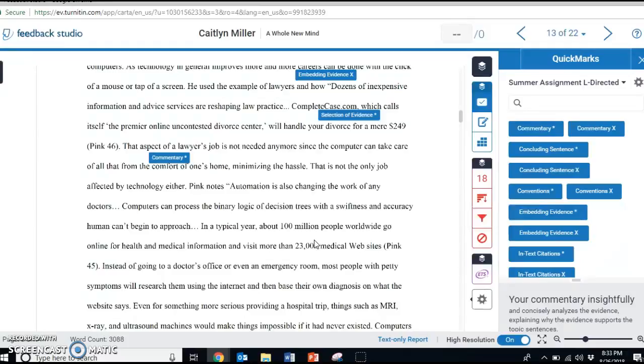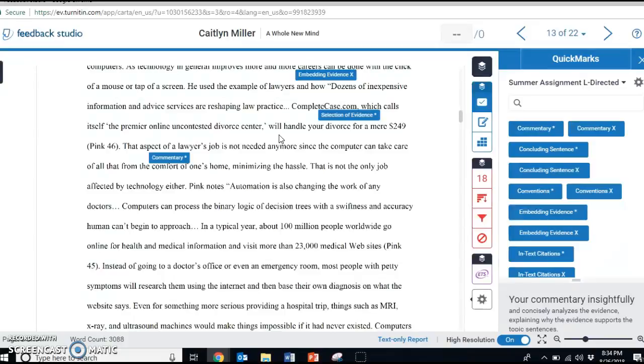You're also super close on embedding quotes, just some tiny detail mistakes. So for example, in this one, "how dozens of inexpensive information," since that quote is just flowing in with your own writing, we're not going to capitalize it, so it all looks like one complete sentence. And then down here, "pink notes," there's kind of a pause, so we want a comma when we introduce a quote with what's called a dialogue word. Again, just detail stuff, and we're actually going to talk about that in the next few weeks, so you'll get some more practice there.